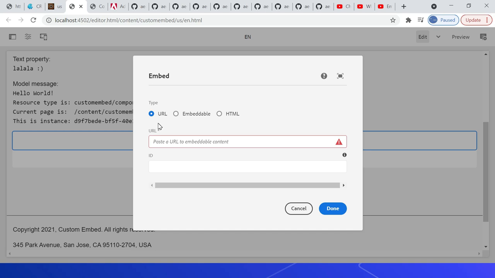The simplest embed is the URL. Specify the URL of the external resource you wish to embed. One of the available processors retrieves the embed code from the external server and displays it. The author receives a confirmation message if one of the processors was able to process the URL. The embed component is enabled with a processor to process all the external resources that support the OEmbed API, for example Twitter, YouTube and Flickr.